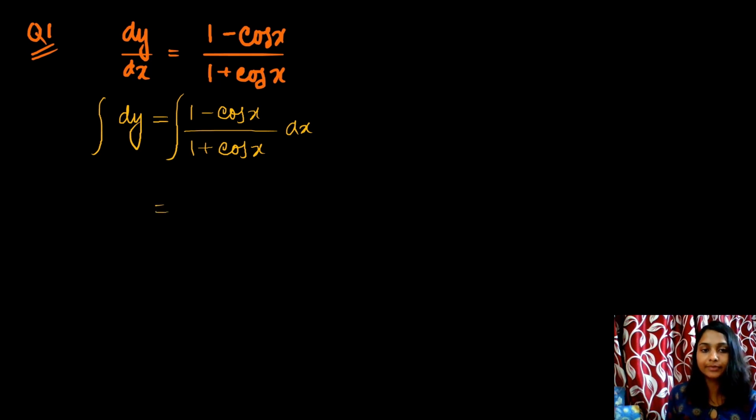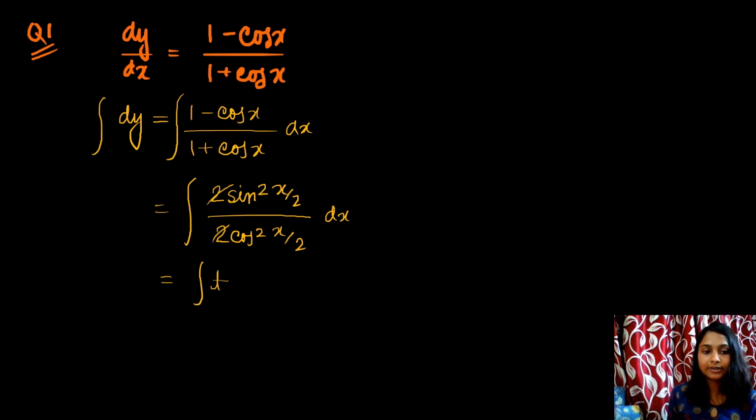So for this term here, we are going to use the formula of submultiple angle. By using the formula of submultiple angle, we can write 2 sin square x by 2 divided by 2 cos square x by 2 dx. 2 can be cancelled out, and it will give tan square x by 2